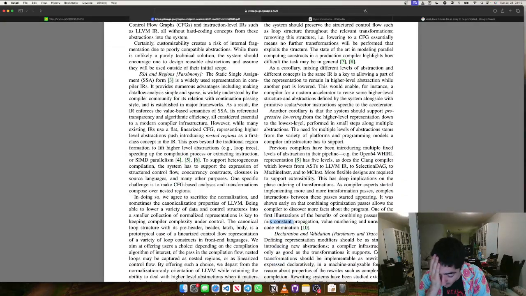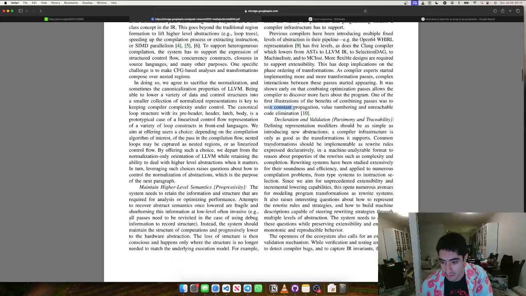We're talking a lot about the abstraction stuff, which is what they showed. This is their whole new technology. Let's continue here. Declaration and validation, parsimony and traceability. Defining representation modifiers should be as simple as introducing new abstractions. A compiler infrastructure is only as good as the transformations it supports. Common transformations should be implementable as rewrite rules expressed